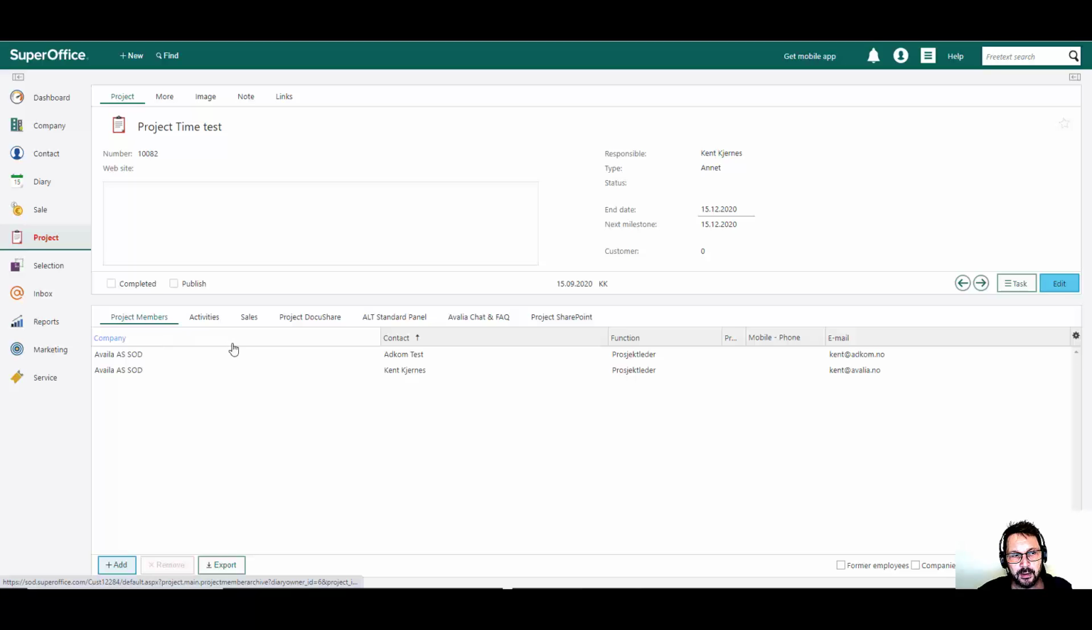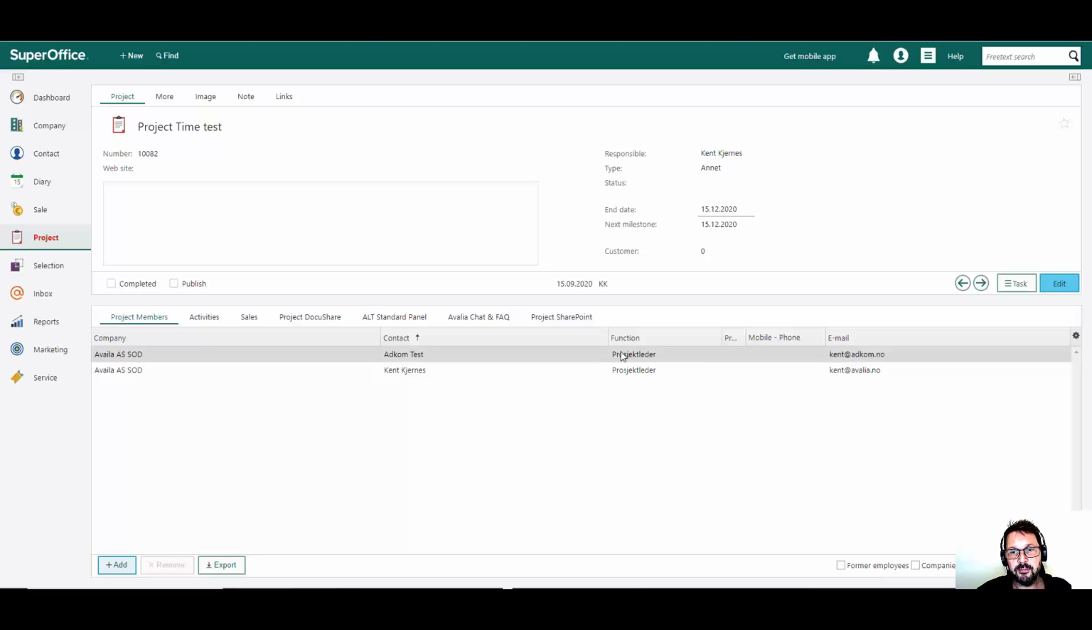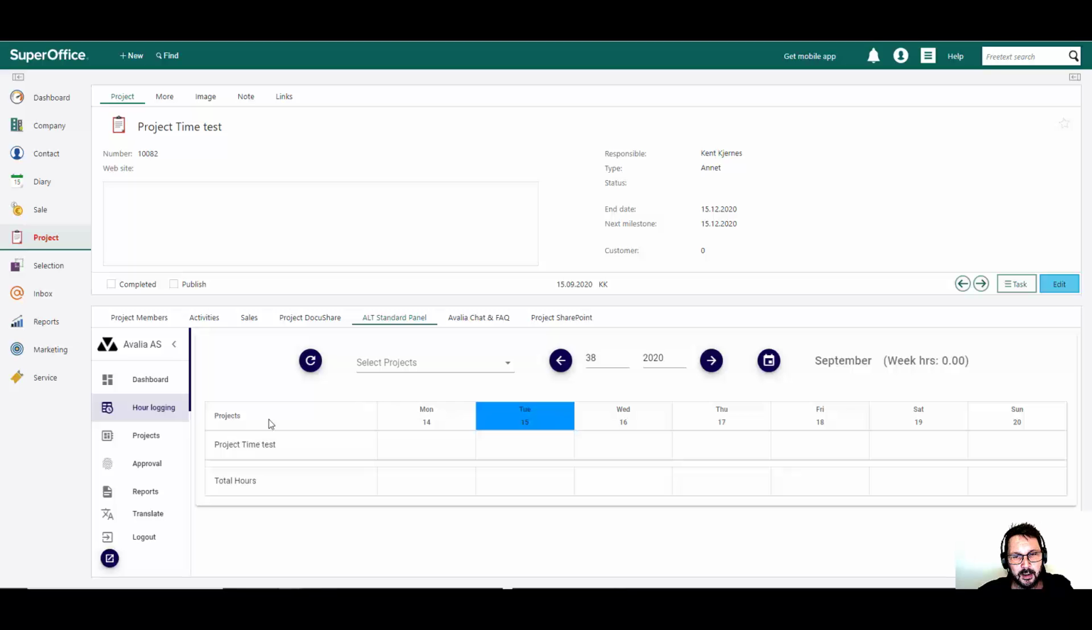So here I have now added two users as project leader, which means that both of them can give hours and both of them can approve hours for the application. If you are a normal user, regular user, you will not be able to approve, but you can still give hours to the project. So back in my application now, I can click on the hour logging and I will